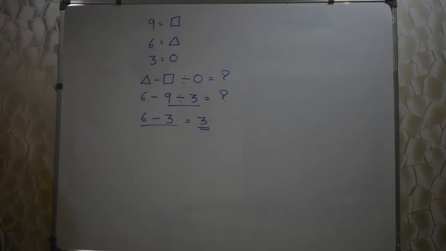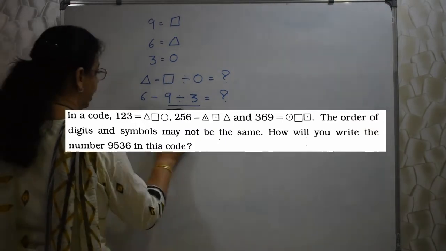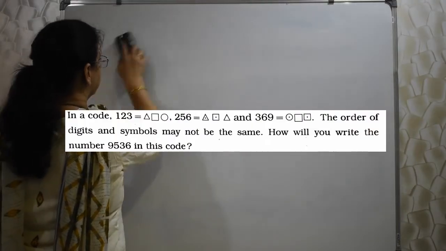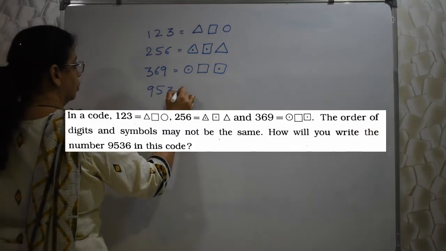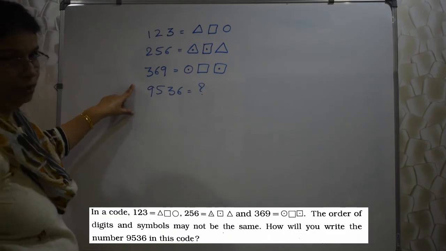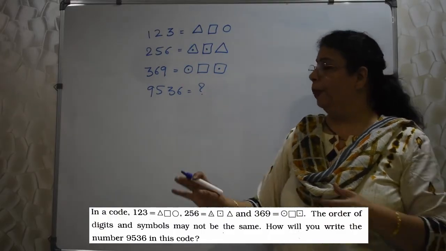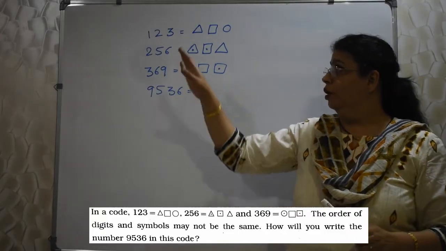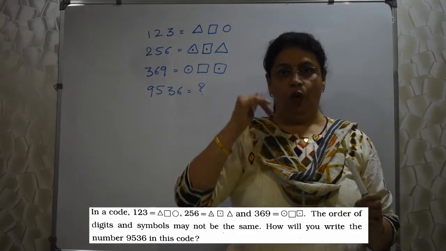Okay. Next question, very interesting one, will appear on your screen. Read it very carefully. Okay, I have just written whatever has been provided to us. Whatever information has been given to us, I have just written on the board. See student, in my earlier video also I had told you, you need to find out the common. When 3 things are given, normally we need to find out the common.